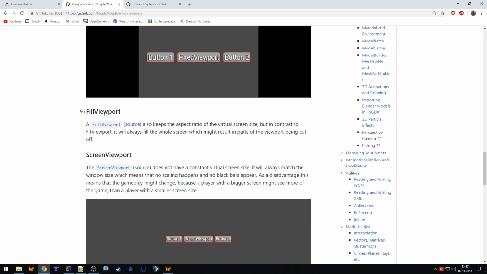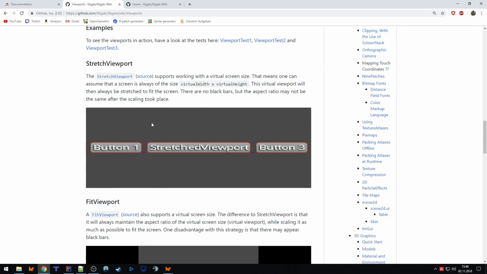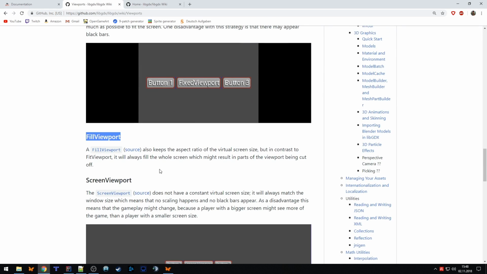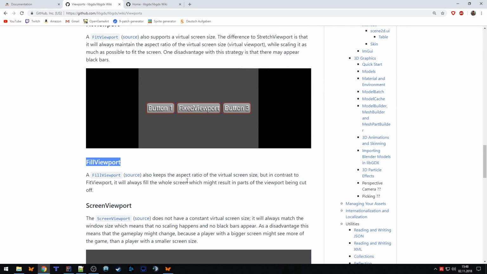Fill viewport is a mixture, let's say, of the stretch viewport and fit viewport. So it will also scale everything to fit into the entire screen, so there are no columns or bars at the left, top, right, or bottom side. But it could then be that the player sees more on the width part or on the height part.